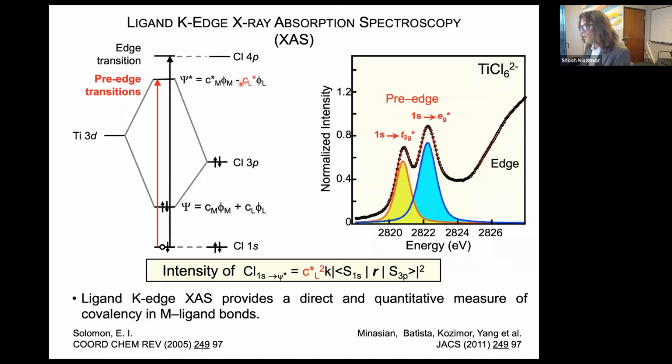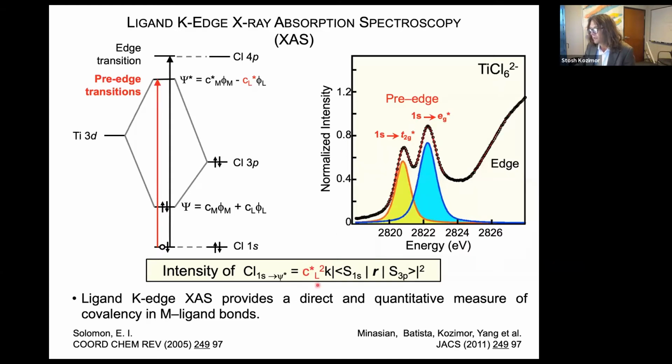Because that core hole is localized on chlorine, and because these are dipole allowed transitions, s to p, you can measure this intensity and quantify the amount of orbital mixing. If there's no orbital mixing, a completely ionic interaction like in sodium chloride, this orbital doesn't exist and you get a flat line here in the pre-edge region. But if there's a lot of orbital mixing, like in the case of the titanium chloride bond, you can see these pre-edge features, and they tell you not only about the ligand field, they also tell you about the mixing